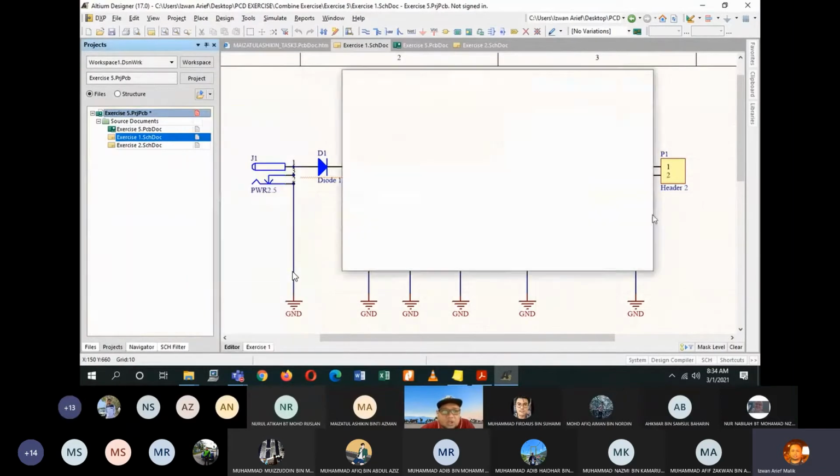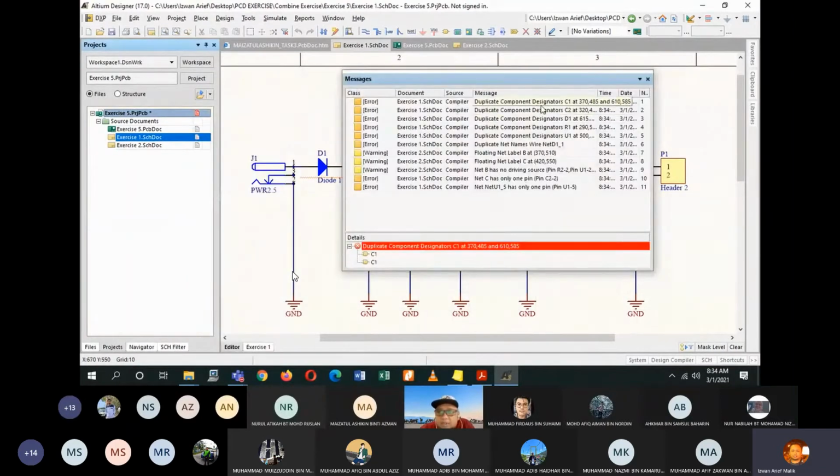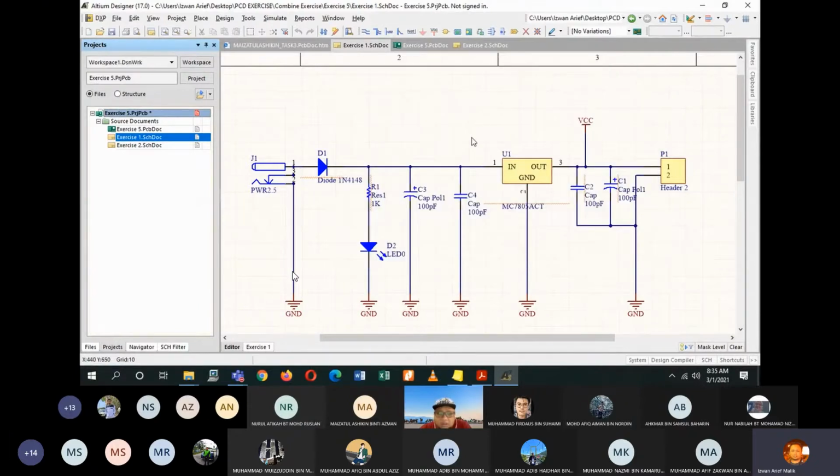Okay, so saya ada berapa tadi? Duplicate. Okay, C1, C2, D1, R1, U1. Okay, and then let's see, net U15 has only one pin for U15. Okay, so kita check dululah. Alright. So